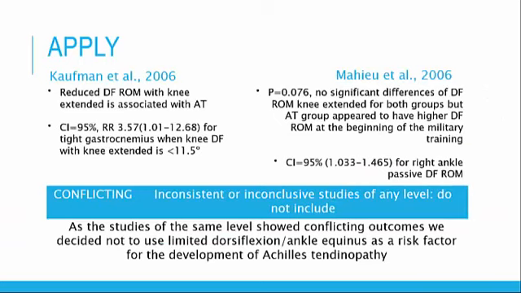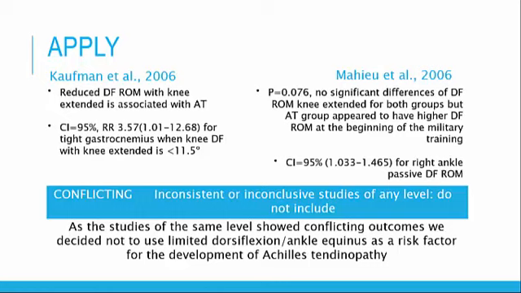And in order to apply these studies to our screening of players, we need to discuss which article we use to either support or disprove our theory, as unfortunately the articles are not in agreement. The Kaufman study found that a reduced dorsiflexion range of motion with the knee extended is associated with Achilles tendinopathy, whereas the Mayo study found that there is no statistical differences of dorsiflexion range of motion with the knee extended for both groups, but the Achilles tendinopathy group appeared to have a higher dorsiflexion range of motion at the beginning